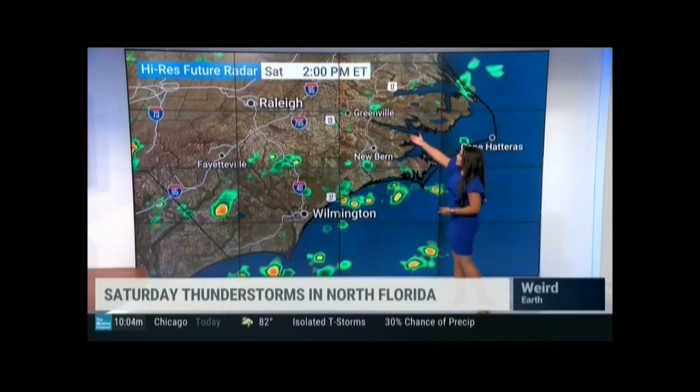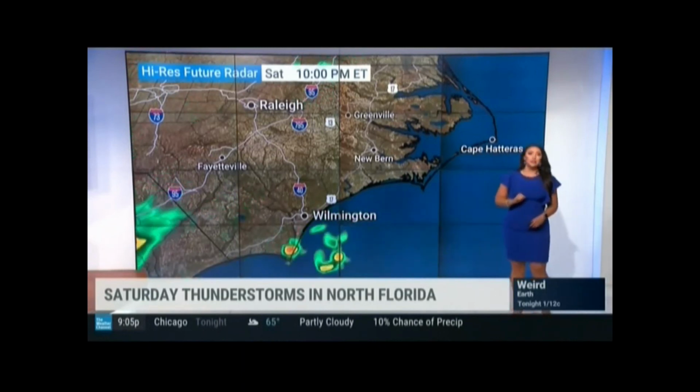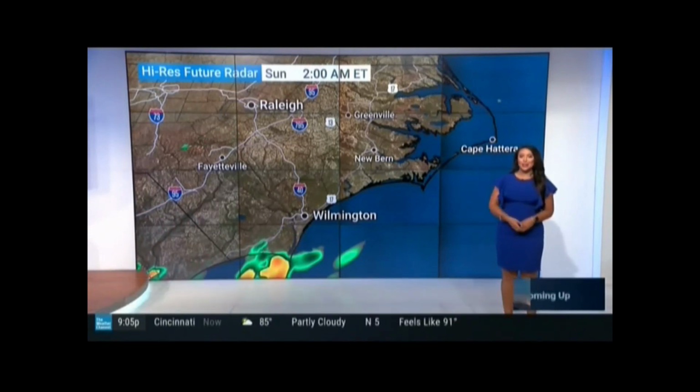Raleigh, not as much action for you, maybe a few stray showers here or there, but toward the coast, places like Wilmington and the Outer Banks, a better chance for more of those passing showers and storms. And of course, the weather, it's that time of year, Molly, where it's playing a big role in those outdoor activities. We always got